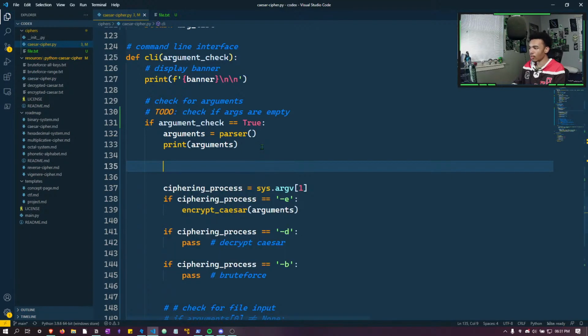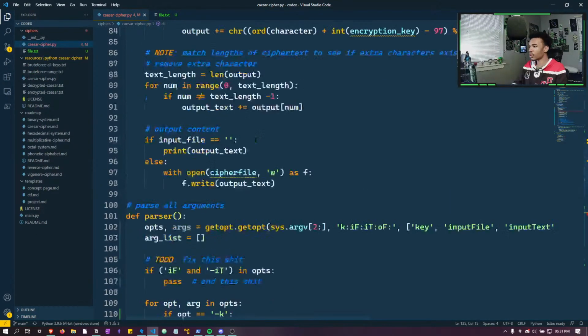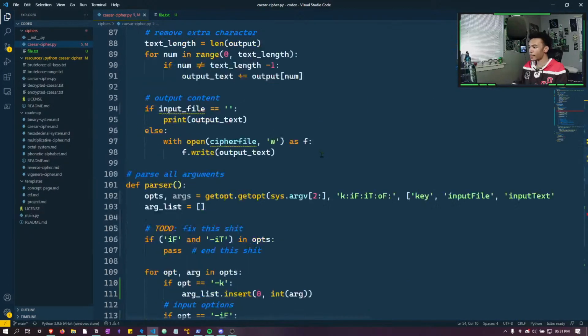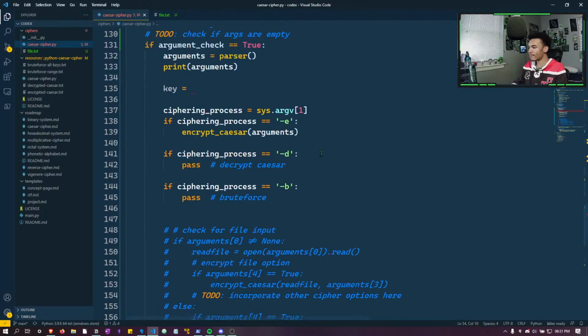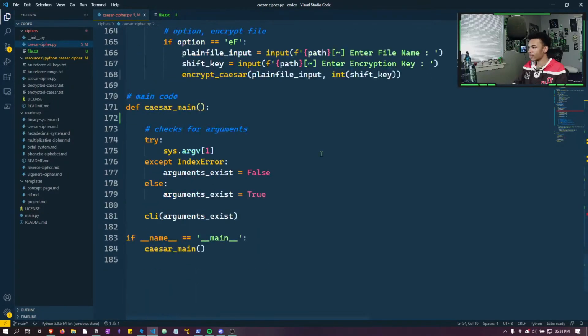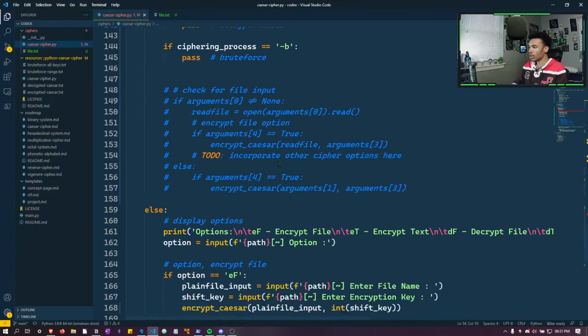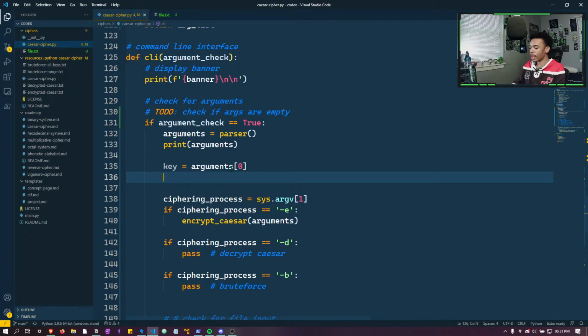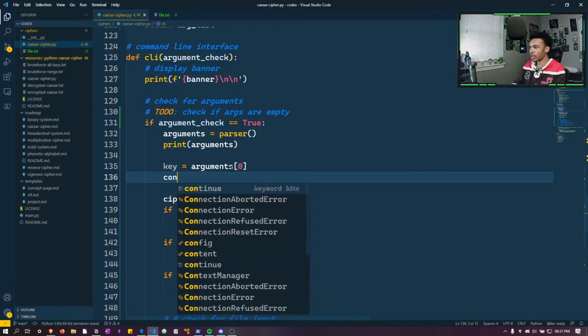So we're going to say our key is equal... So hopefully we should be able to get rid of these. I'm going to comment those out. All right, where on earth was I? So our key is going to be arguments at index 0. Then our content,